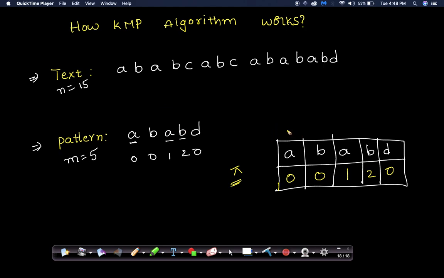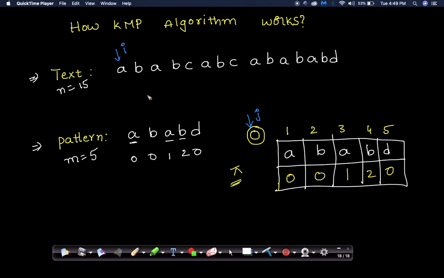Then I'm going to put indices here: 1, 2, 3, 4, 5, and I'm going to start from 0. I'm going to take one more index, that is 0. I'm going to take another variable called j, which starts from 0 here. For better understanding, I'm going to start from 0 here. As well as I'm going to take one more pointer, i, here.